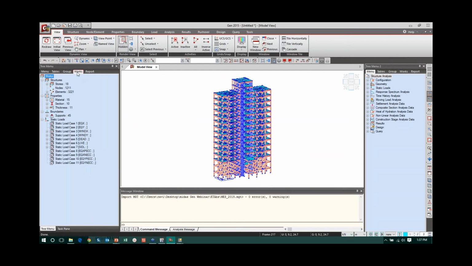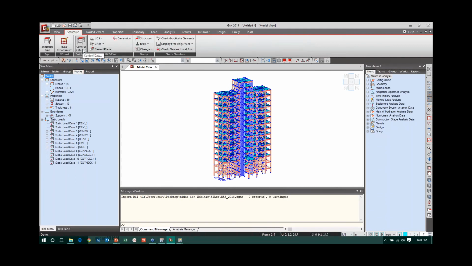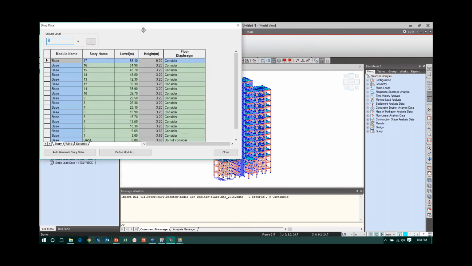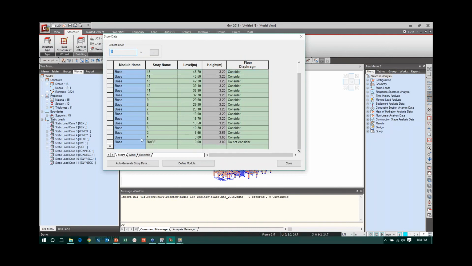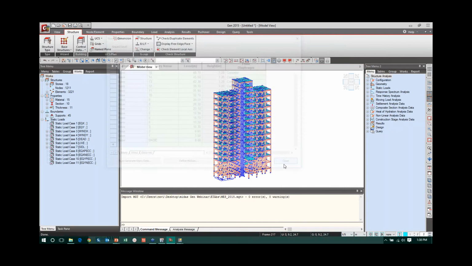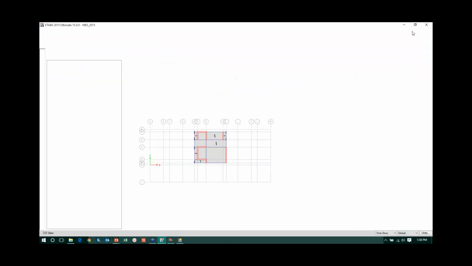Here you also get the geometry, the plate thickness and everything, and all your gravity loads like pressure loads, element beam loads and nodal loads are imported. The story definitions and story names are also automatically taken from ETABS, so there is no need to define the stories and boundaries. But in this case also the wind loads and static seismic loads are not imported. So we need to generate the static seismic loads and wind loads again in the Midas Gen file. This is how you can import ETABS files to Midas Gen.